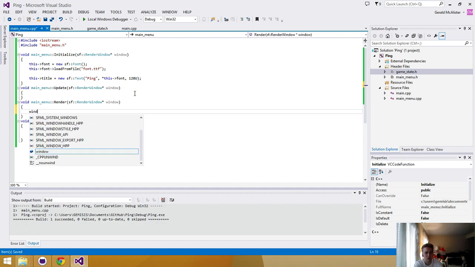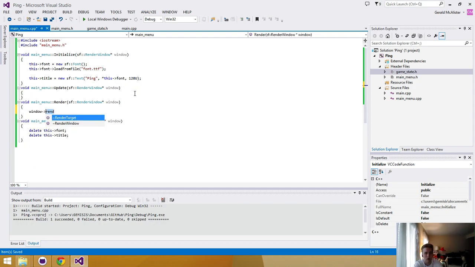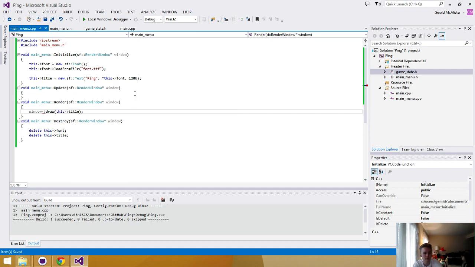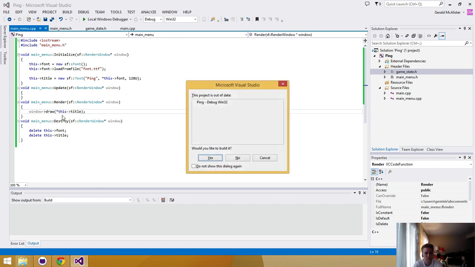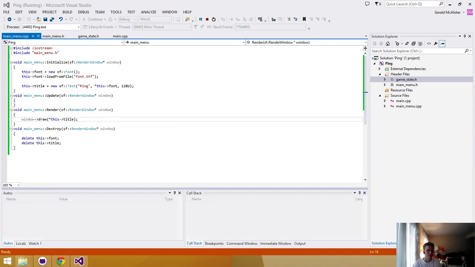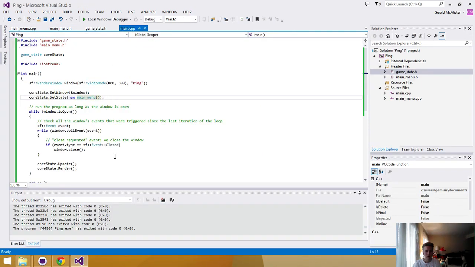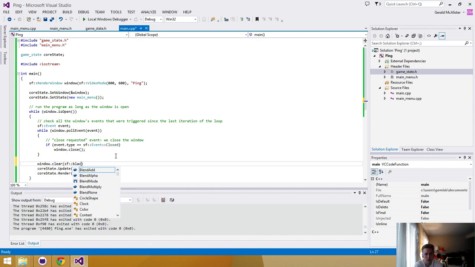And in the render, we're going to have window draw, and that'll draw this. And then the last thing that we have to do is window clear, and we're going to clear this to